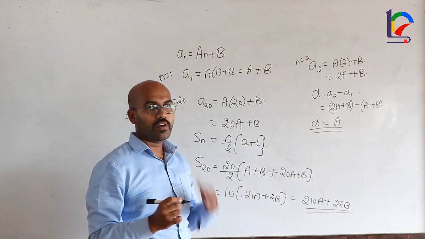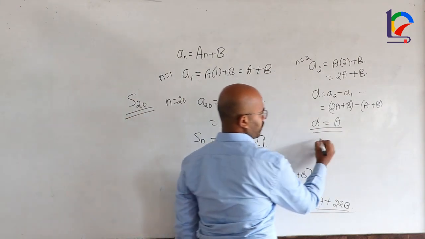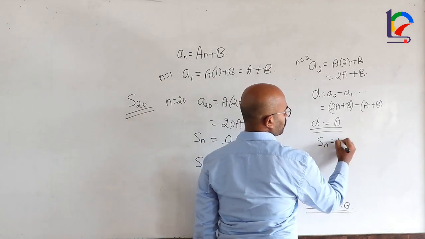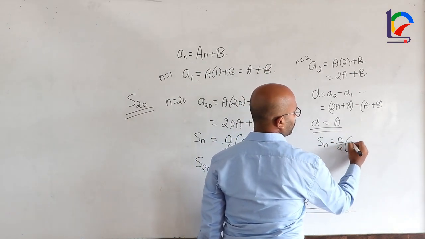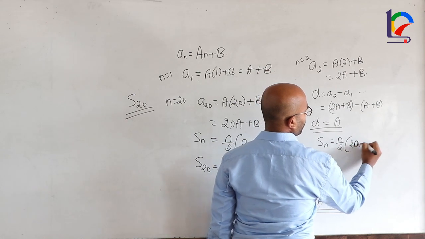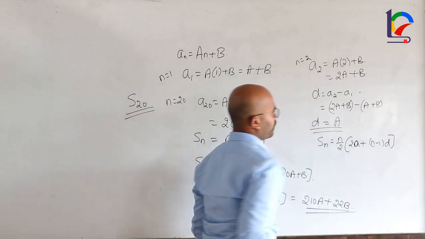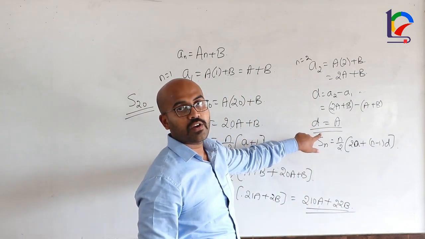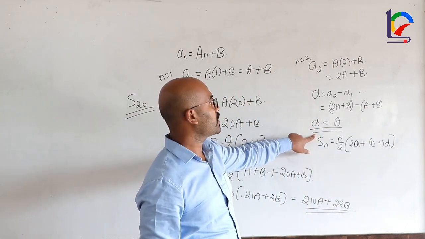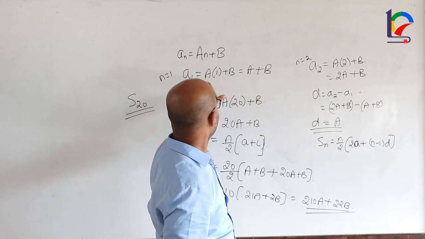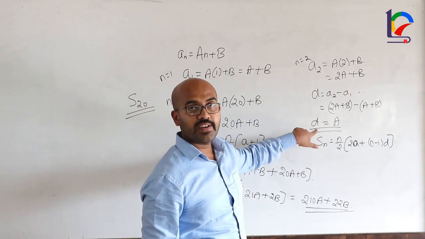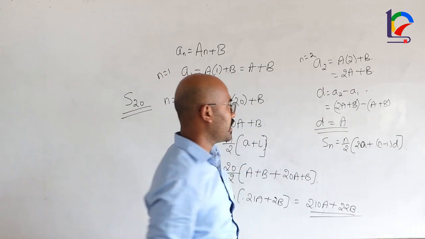So using the formula Sn is equal to n by 2 into 2a plus n minus 1 into d. So I know what is the value of a, I know what is the value of d. So using this in the equation